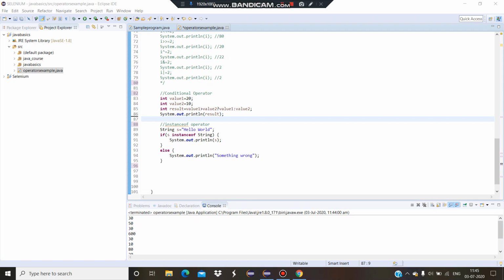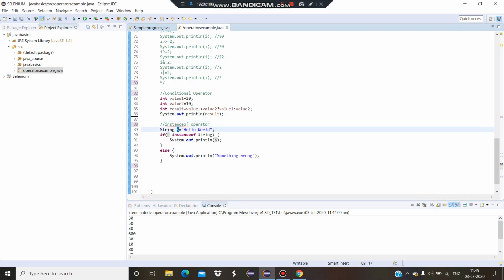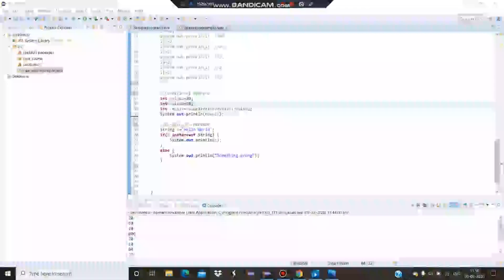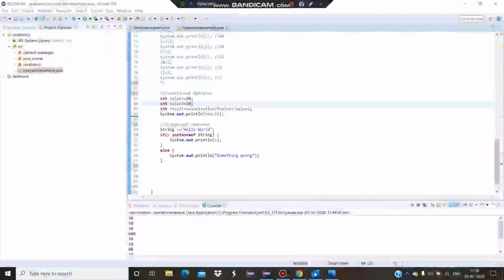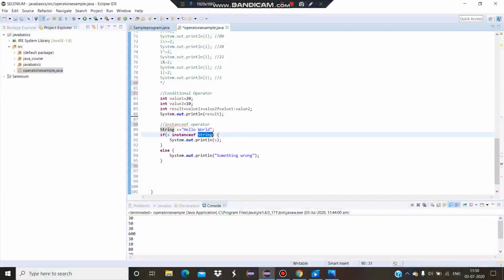The next is the instanceof operator, which checks whether the string is an instance of S. Here it is an instance of. It checks whether the object that we are describing, here S, is an instance of the string class. So we are checking if S is an instance of string.